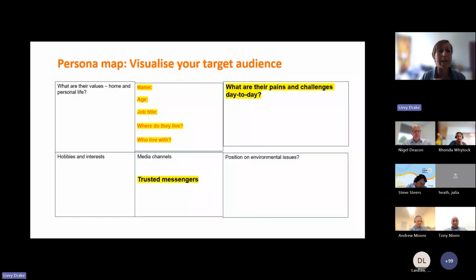And the first one is a persona map. And what we do with persona map is we get really clear in our mind who is that target resident group. And today we don't have time to fill it all in. So I'm just going to invite you to note down on your piece of paper or on your screen. The name can come later, because don't spend all the time thinking about their name. Think about the age of this audience group. So are they in their early 20s, their late 50s, 40s? What is it? What do they do for a job? Are they employed? Are they not?